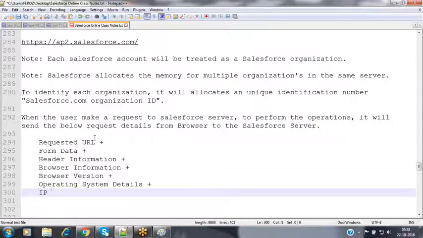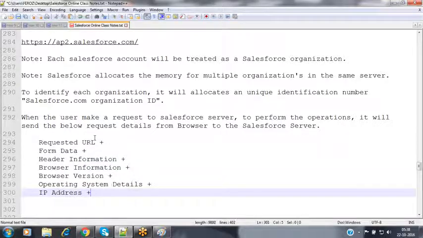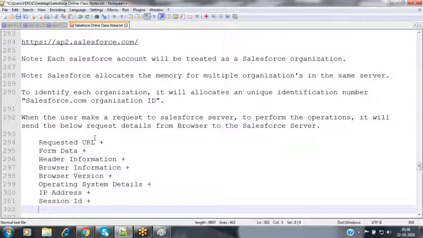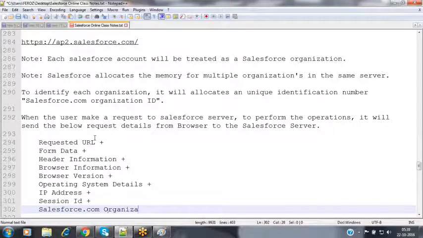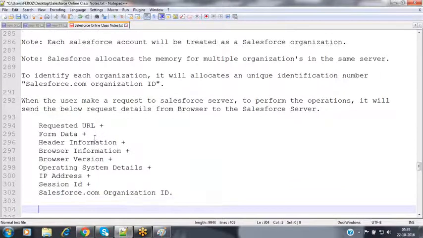It will track your system's IP address. It will send your session ID, and along with that, it will forward your Salesforce.com organization ID, to which you have logged in.